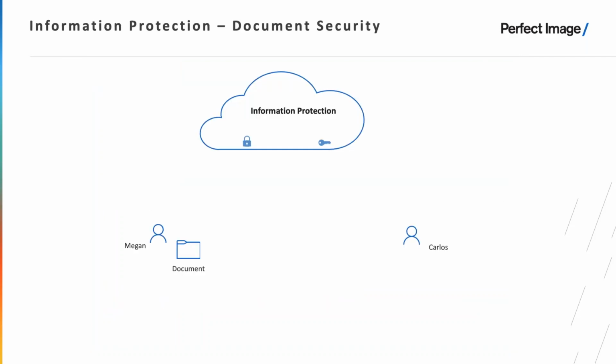So I'm going to give you an example of information protection. So Megan, right? She's a sales manager for your company. She creates a company's annual sales forecast and classifies it as highly confidential. It essentially locks the document because the policy has been created, so highly confidential files are automatically encrypted and only accessible by company employees. After Megan shares a file with the team, Carlos, a salesperson also within the company, attempts to open the file. When he opens the file, information protection verifies that he's a company employee, decrypts the file for him, and verification can